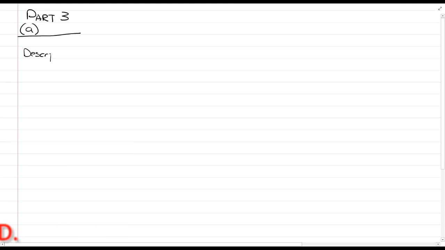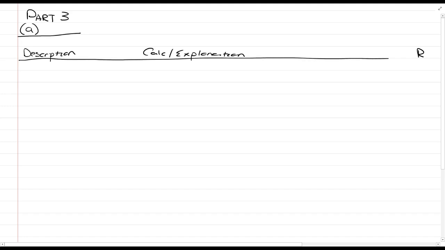Let me actually just quickly put some headings down. Description, calc, explanation. There's no column for CDT now because it is an employee tax calculation. We're basically doing it from the employer's perspective. So what does the employer know? The employer knows what the employer pays this person as remuneration. Employee's tax,